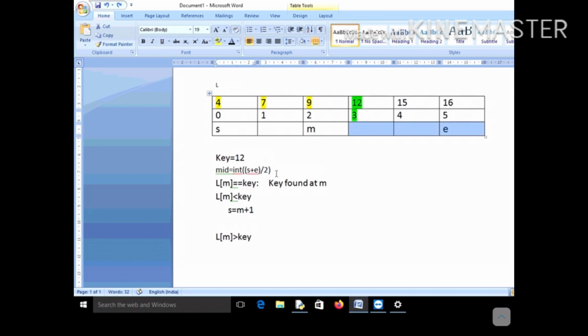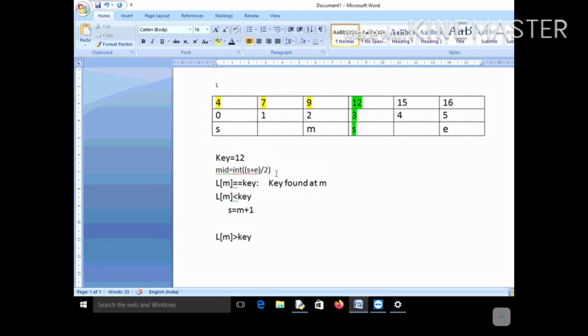I hope you got the concept of why s becomes equal to m plus 1: you need not search before or equal to m, you need to search ahead of m.